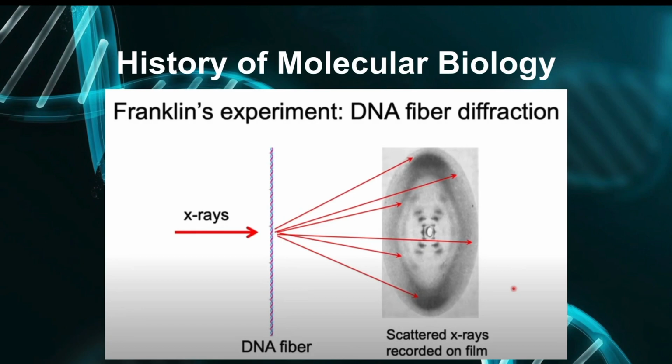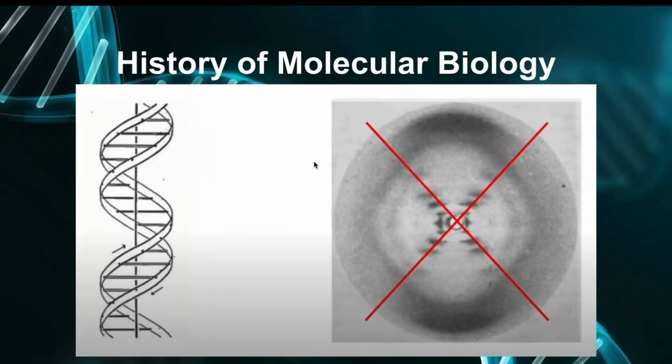By recording fiber diffraction from DNA fibers, this is the DNA fiber, placed in an X-ray beam, Franklin observed a distinctive X-shaped pattern on the film. This pattern indicated the helical structure of DNA with characteristic spacing and features. The first thing we learned from this photograph is that DNA is in fact helical. This characteristic X pattern is what one observes when one places a helix in the path of the X-rays.